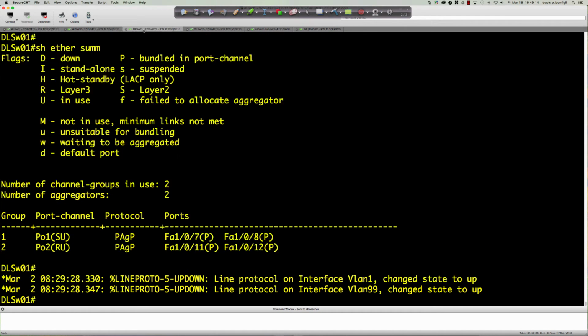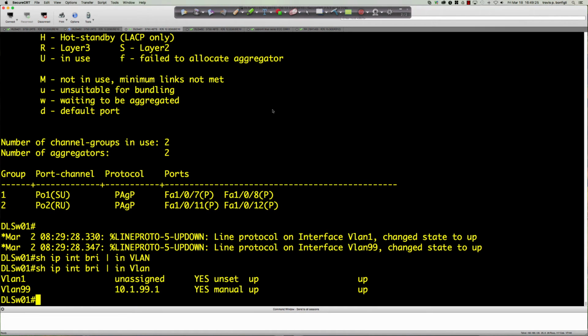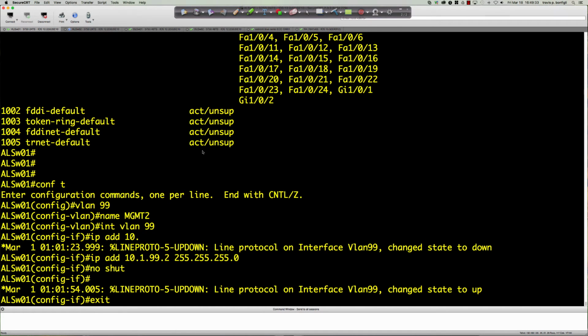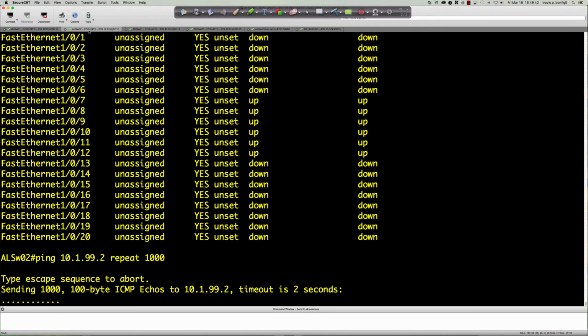We forgot to do that. And we should add in the default gateway for VLAN 99 here. So show IP interface brief, include VLAN, and it should have been just V and then lowercase LAN, I believe. So there we go. So we should be pointing our default gateway statement to 10.1.99.1. So let's do that. Let's create that IP default gateway to 10.1.99.1. Now I'm going to hit enter here and then quickly transition back over here, because that should fix it,